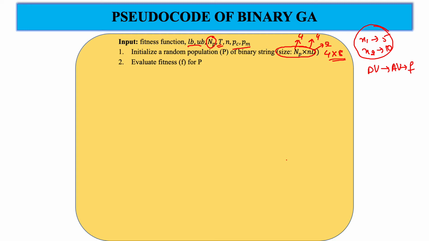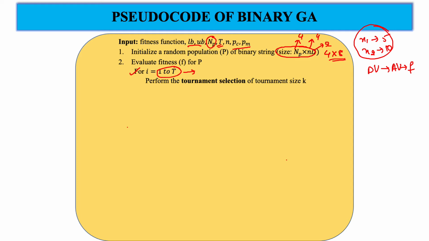Okay, after that we are going to operate an iteration loop. Here we are going to perform it for t times, as we have defined that our program should run for t iterations. So here we are going to run a for loop for t iterations.